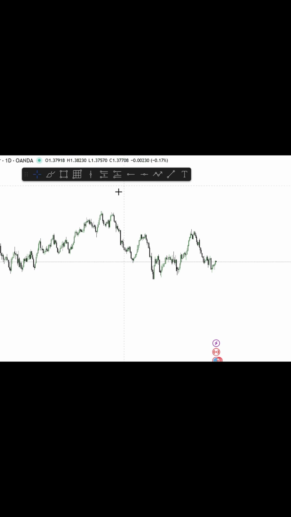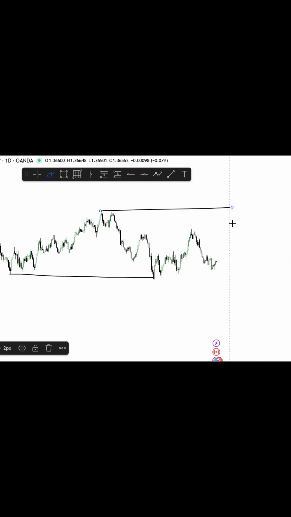If we see here on the daily time frame, we've had our break of structure with our swing high and our swing low. Within this impulse, we've come up and taken this point of liquidity before seeing a strong sell-off towards the downside. If we go down onto the 4-hour time frame,